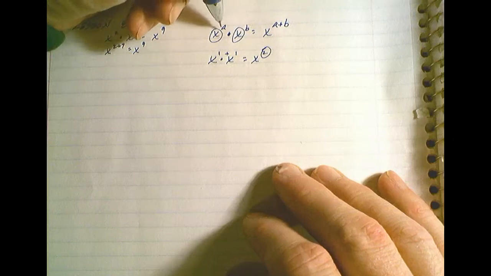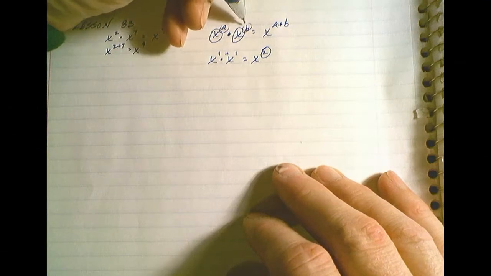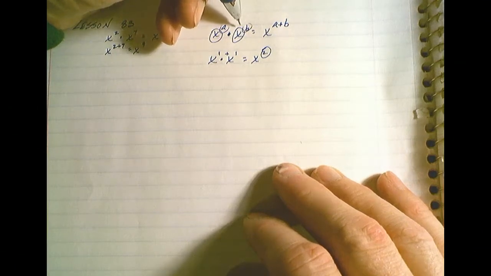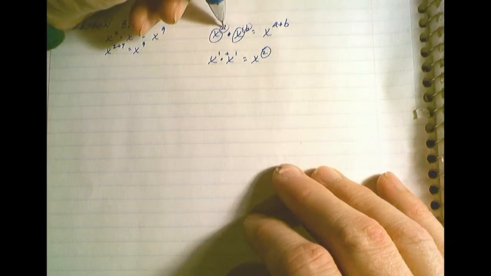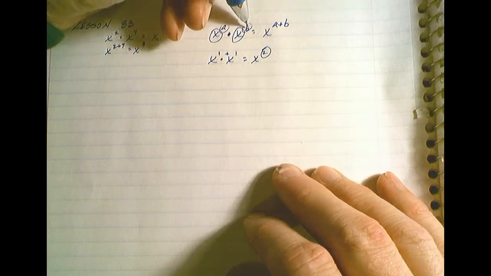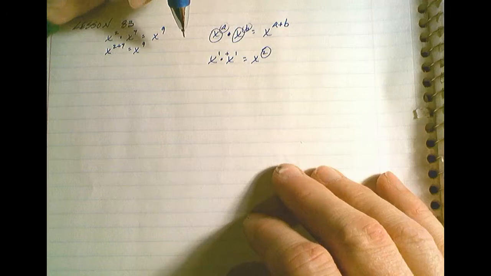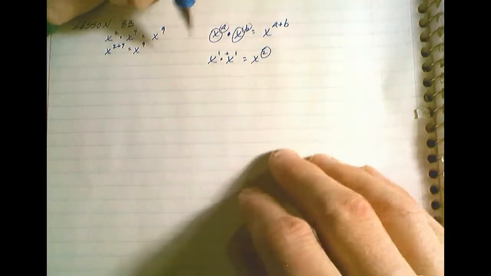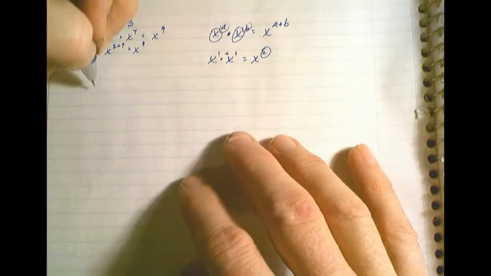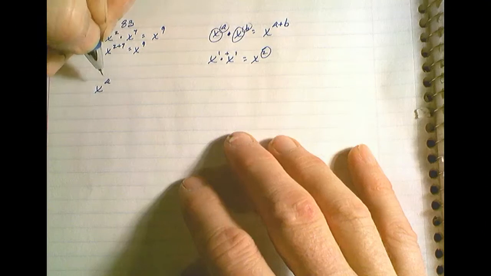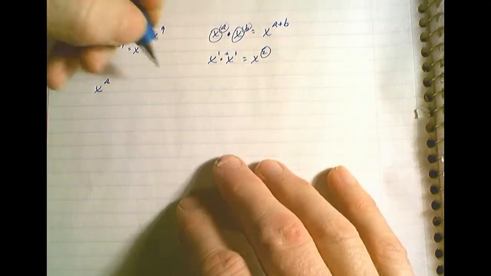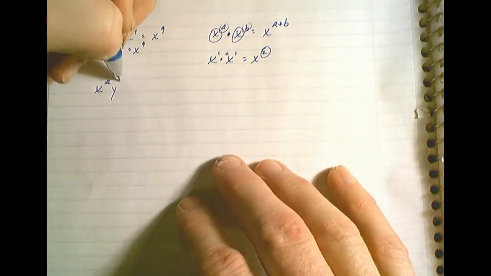If you don't have a 1 and a 1, you don't add 1 and 1 together and get 2. We have a b, or an a, and a b, and we add those together. We don't add a 1 and a 1 together because there ain't no 1 and a 1. Okay? So, if we make these a little bit trickier, x to the a power, y to the 2x power,